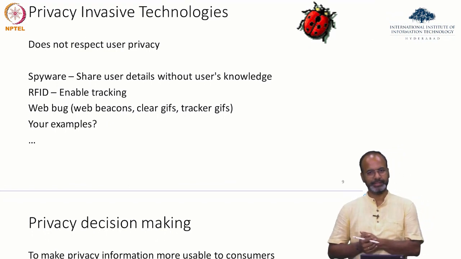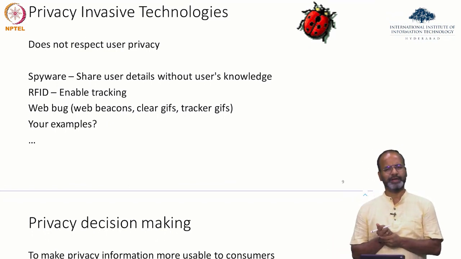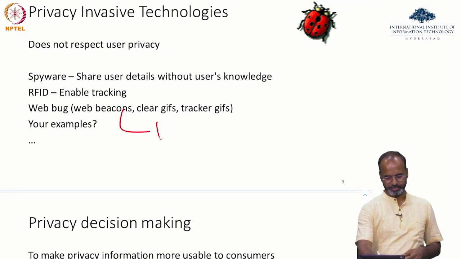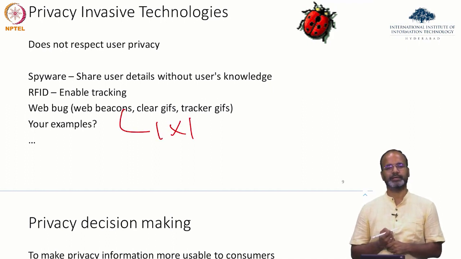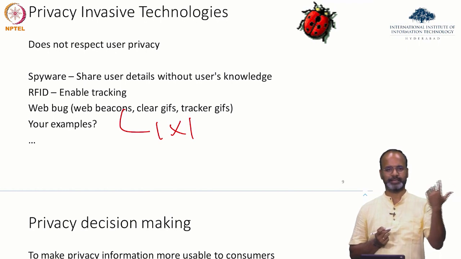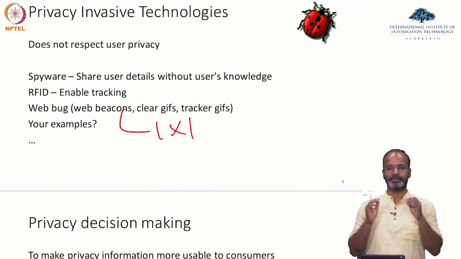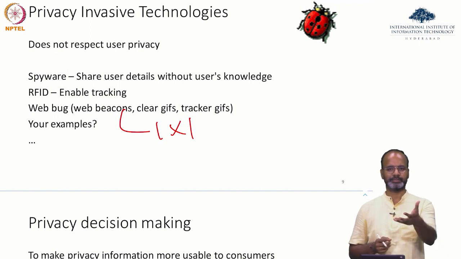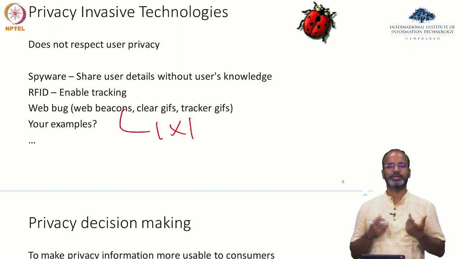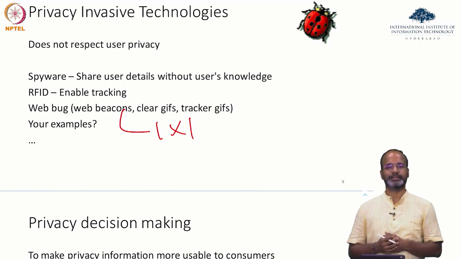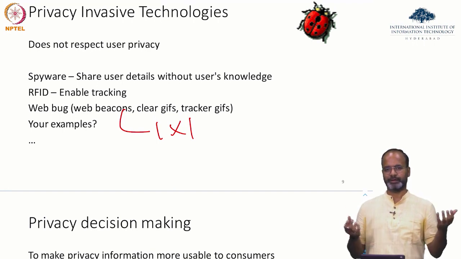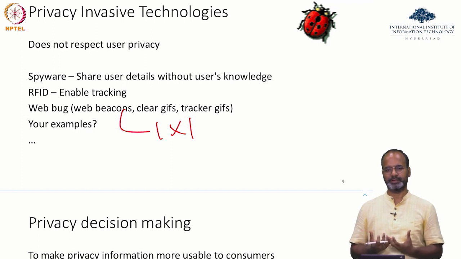A Webbug, right? Another example. This is a very simple idea. This is more like a 1x1 pixel image that can be put on any website. Let's say you put this 1x1 transparent image on your own website, and then anybody who comes to your web page, this web page will make a request for this image, and therefore you know that somebody is accessing this website. This image can be put on any web pages, and therefore tracking can be done using this 1x1